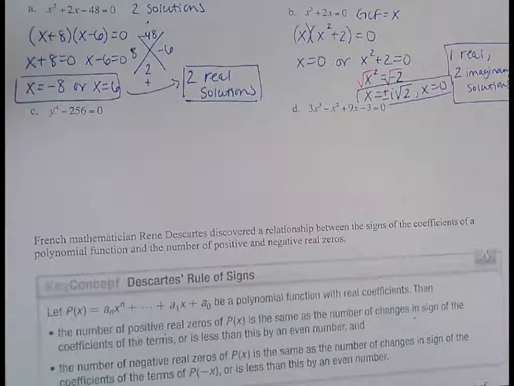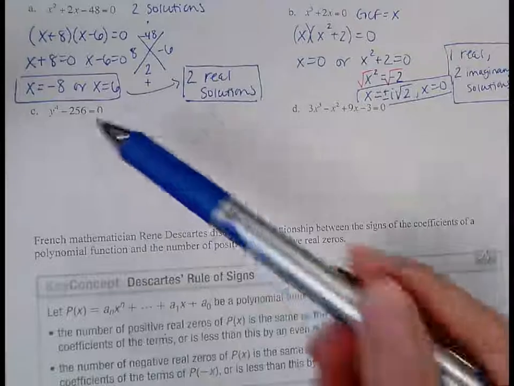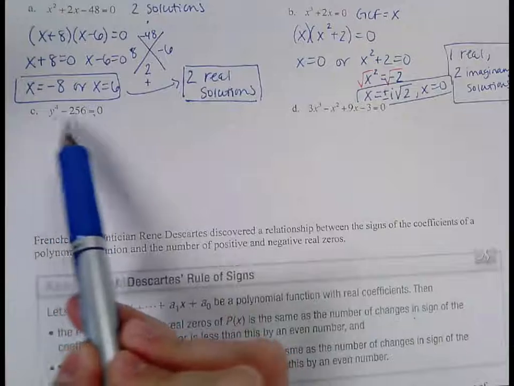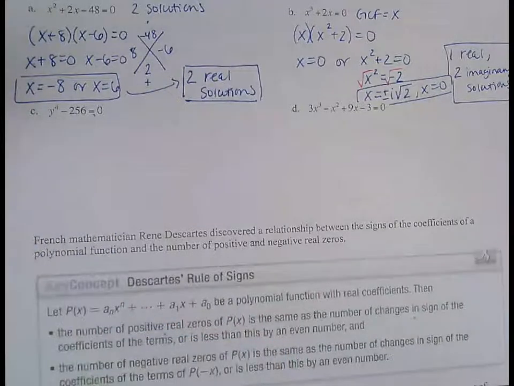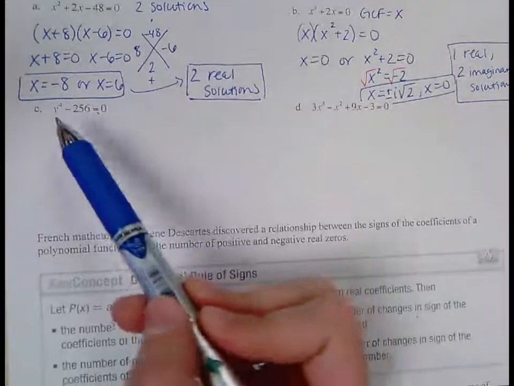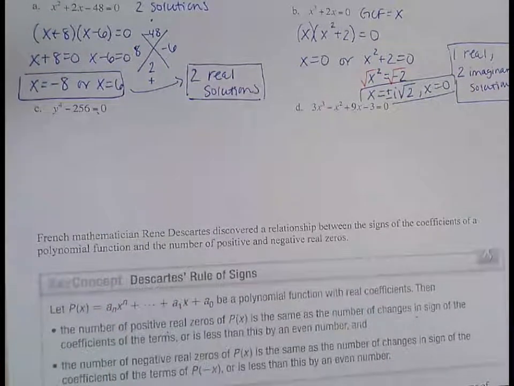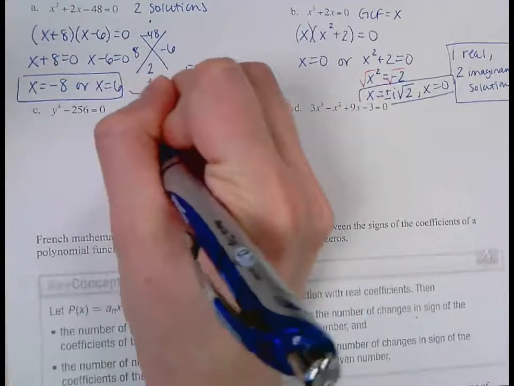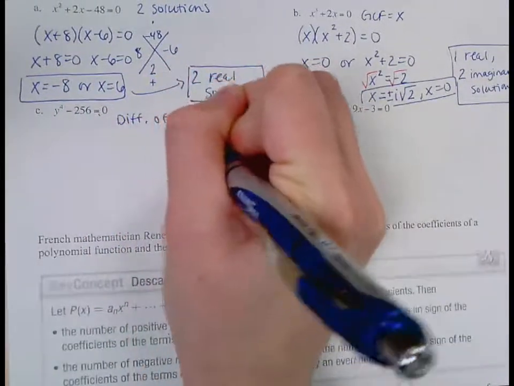Other ideas and methods that you know that we could use to solve this. They are perfect squares. So yes, 2 terms with factoring. If there isn't a GCF, have in mind difference of squares, difference or sum of cubes, and y to the 4th and 256 are both perfect squares. So this is a difference of squares,